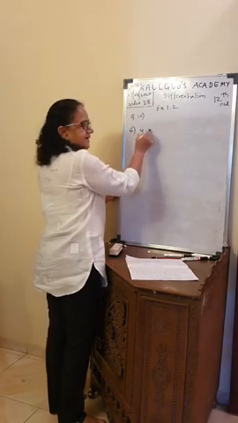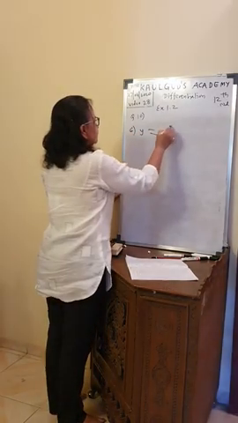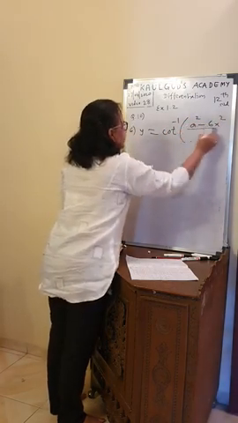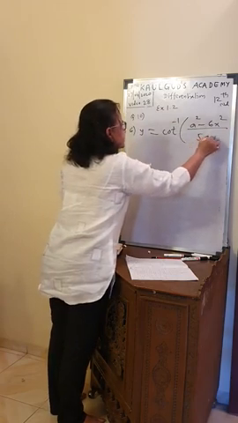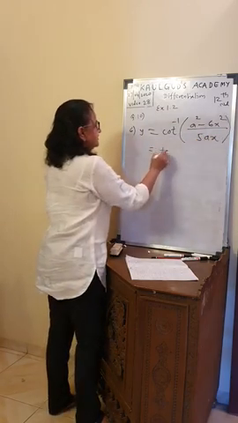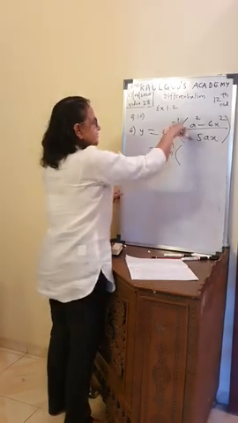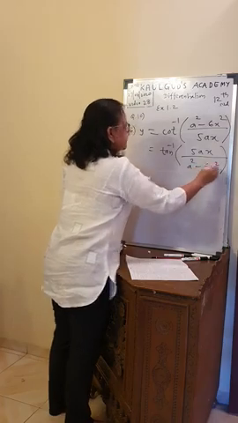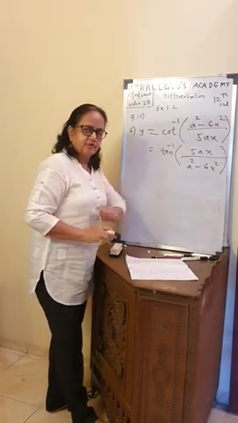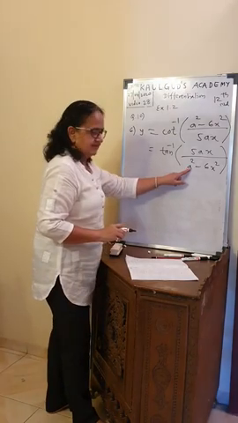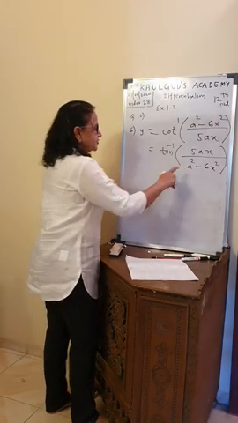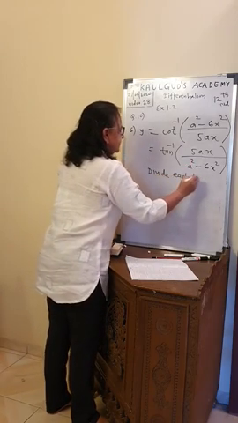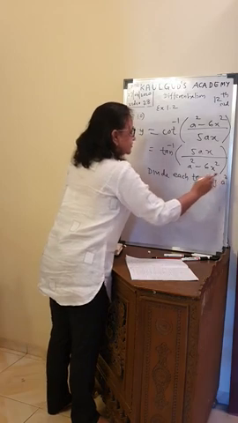Number 6. y is equal to cot inverse of a square minus 6x square divided by 5ax. Now first, I'll change from cot inverse to tan inverse and make reciprocal: 5ax upon a square minus 6x square. Now in all these two formulae, remember I told you this term always should be 1. It is not 1. So let us make it 1. So each term I'll divide by a square. Divide each term by a square. So I'll get 1 here.